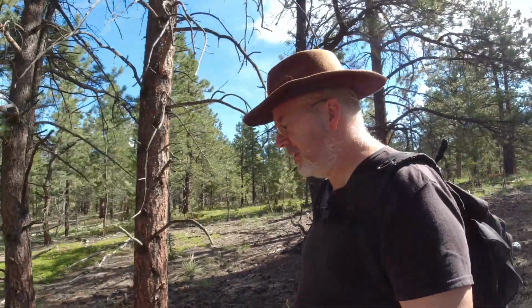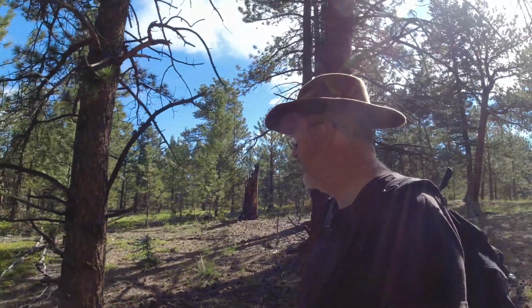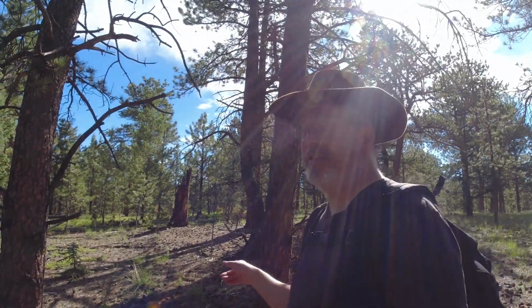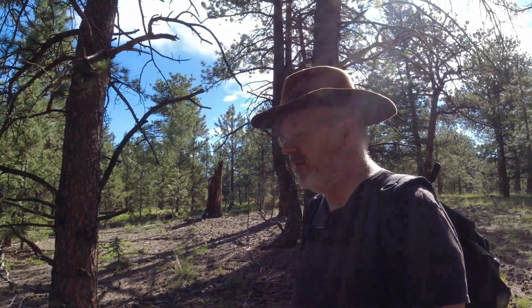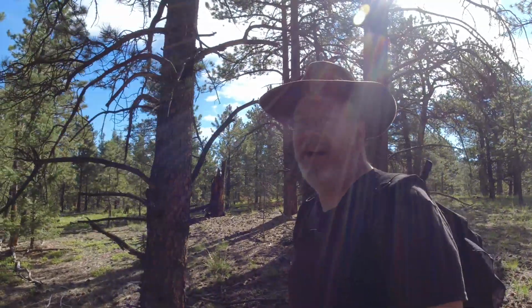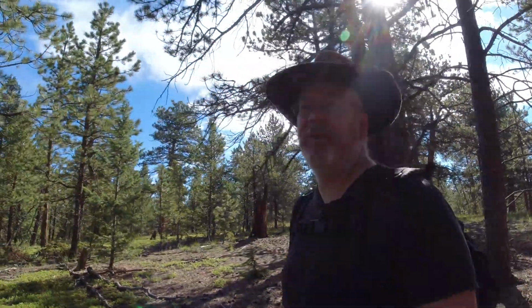All right, so this is a pretty steep embankment over here. So we'll go down here and see what we can see. Another thing I want to look for, in addition to mushrooms, since it's mushroom season, I also want to find some pine pitch. Kind of continue what we started in the last video. We were looking for pine pitch, so I'm not really die-hard looking for the pine pitch, so we can do some different things, but